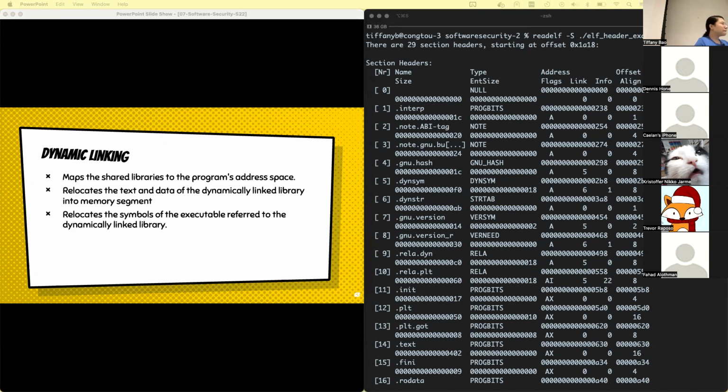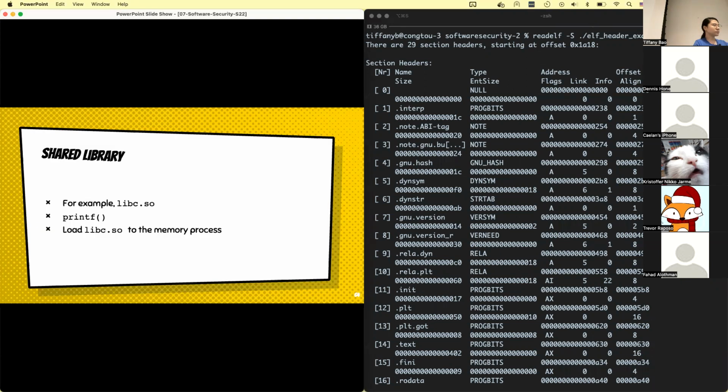And then next, again, it will continue to relocate, and it will relocate the symbols of the executable that refer to a dynamically linked library. For example, if we use a shared library libc, and if libc is dynamically linked, it means that you don't need to include libc's printf function into your program, but instead,